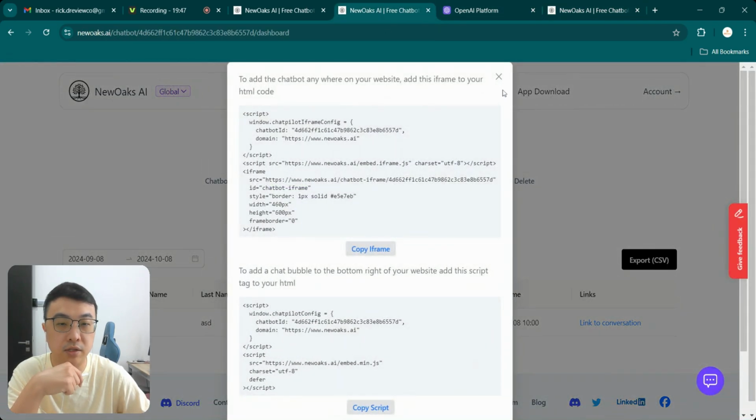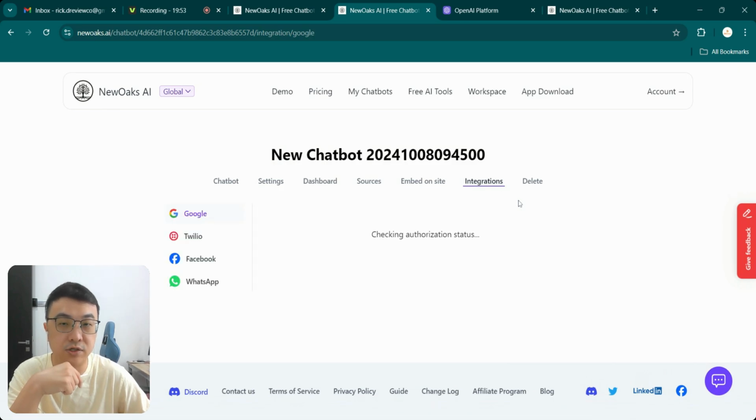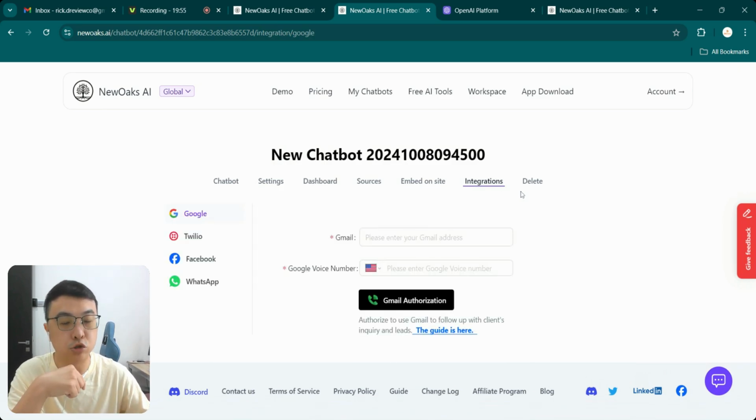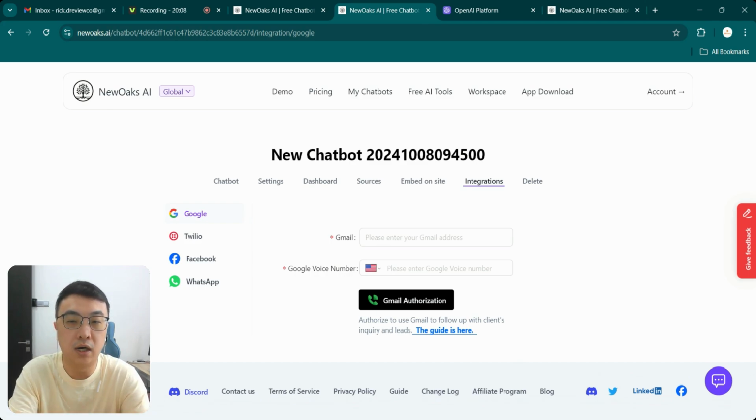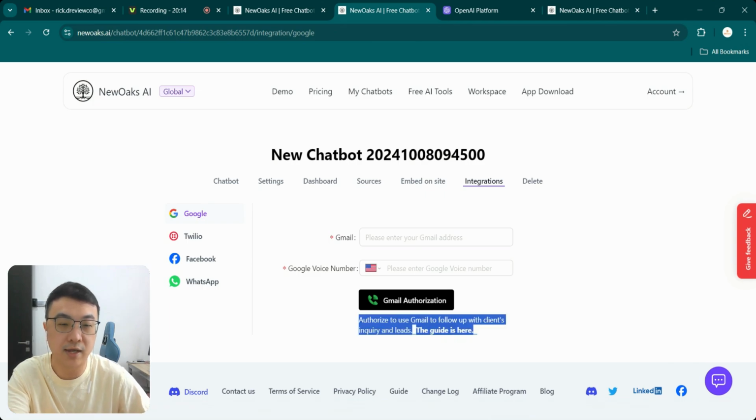Once you embed, this part is the embed part, and then this is the integration part. So once you train the chatbot, not only can you put your own live chat, embedded into your app or applications or your websites, you also want it to integrate with other platforms. For example, as of now, this Google one is actually